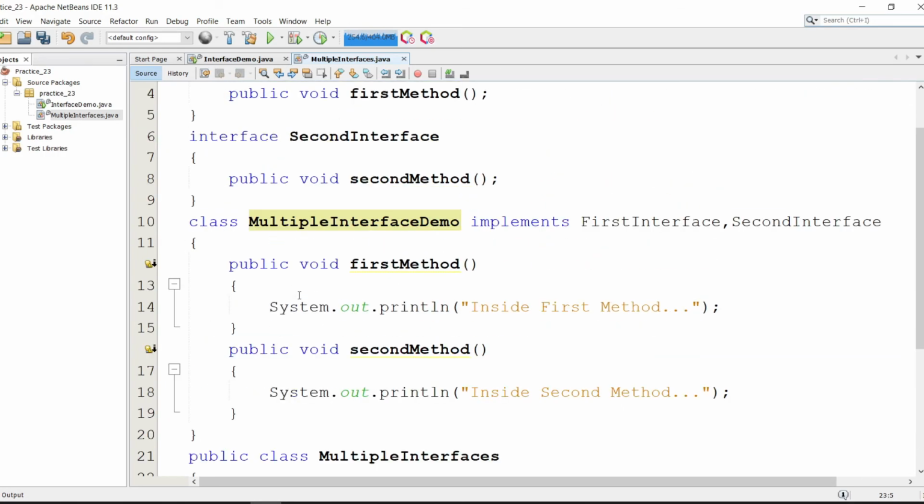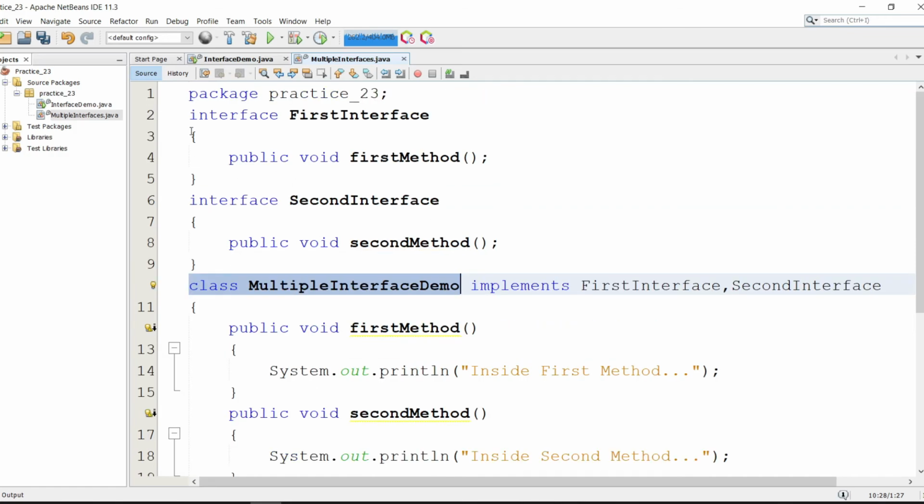We need to access these methods by creating the object of this class, as we cannot create the object of the interface, but we can create the object of this subclass which implements the first and second interface.